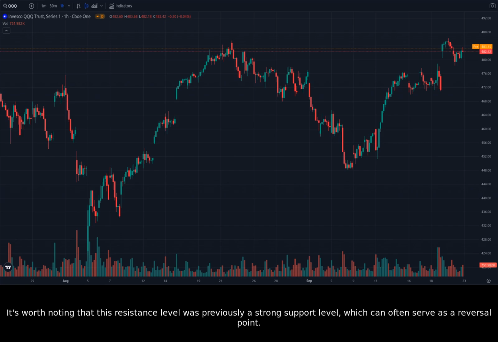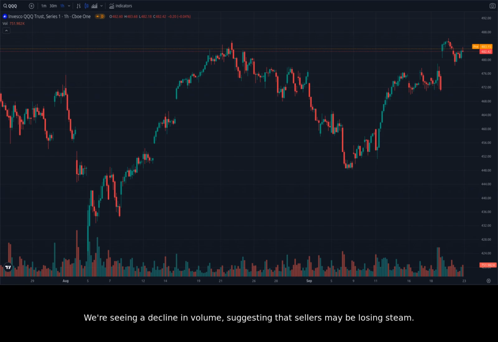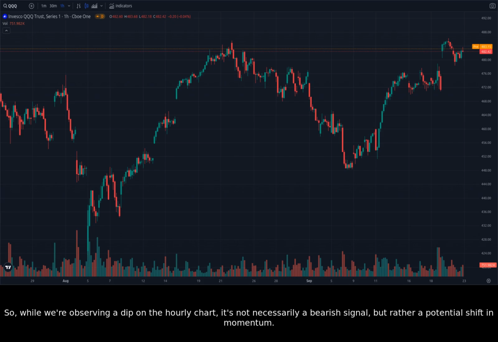It's worth noting that this resistance level was previously a strong support level, which can often serve as a reversal point. This is a classic pattern seen in market dynamics where a support level becomes a resistance level after a price reversal. We're seeing a decline in volume, suggesting that sellers may be losing steam. Additionally, we can see some bullish candles forming, suggesting that buyers may be stepping in. So, while we're observing a dip on the hourly chart, it's not necessarily a bearish signal, but rather a potential